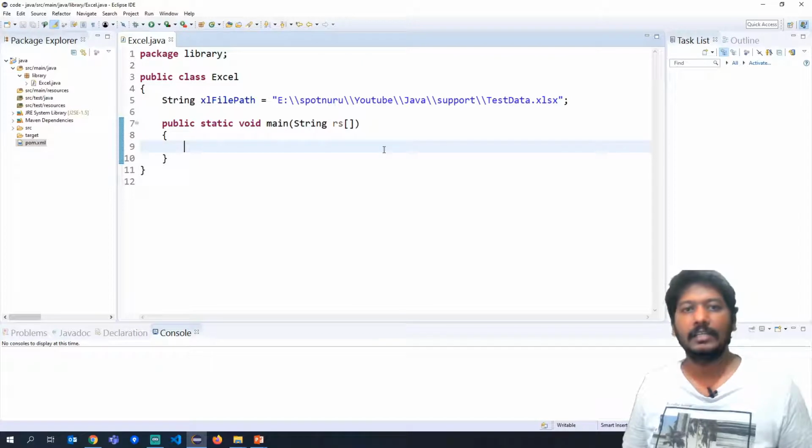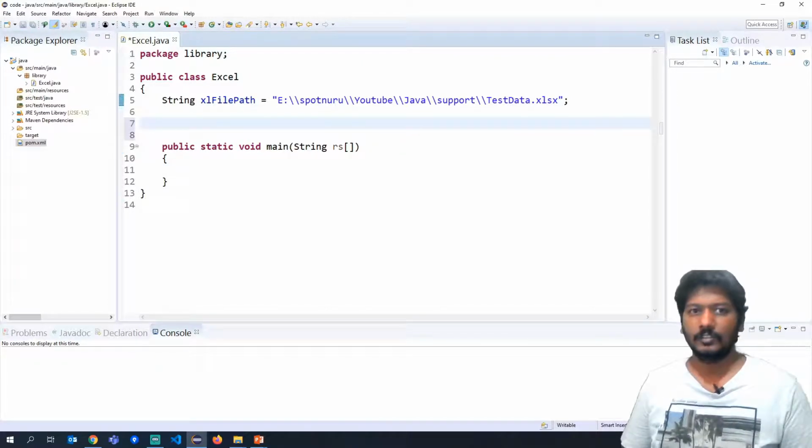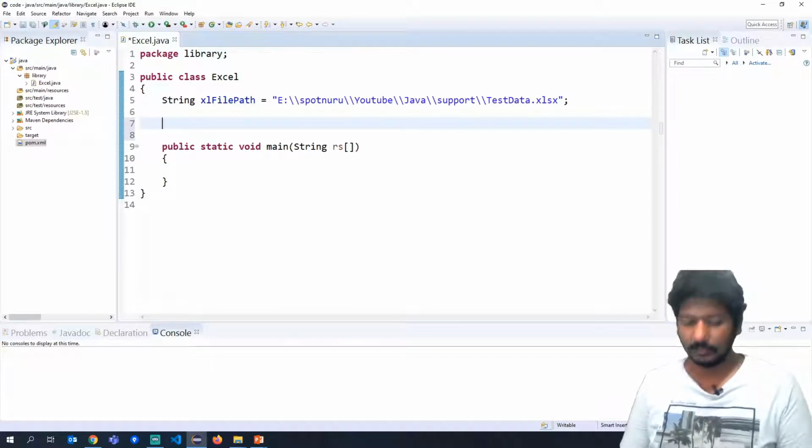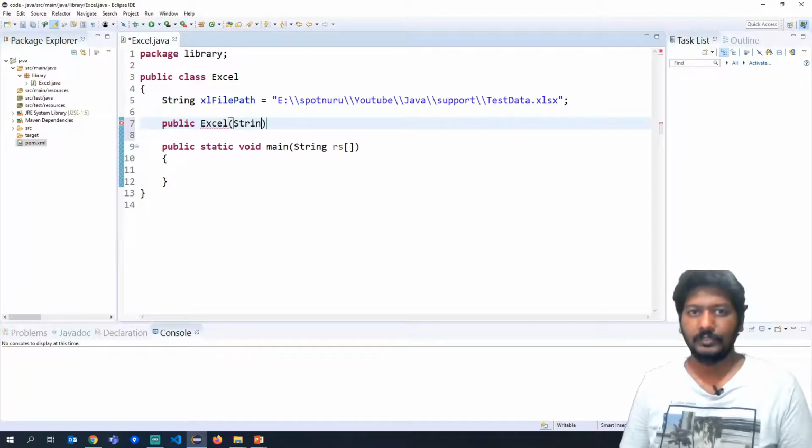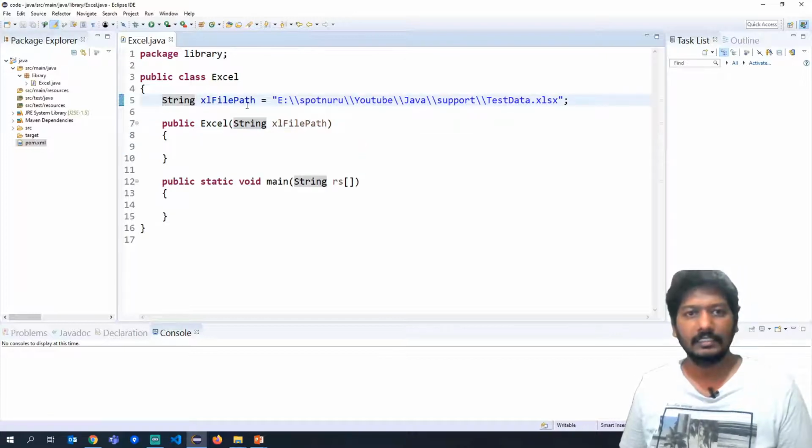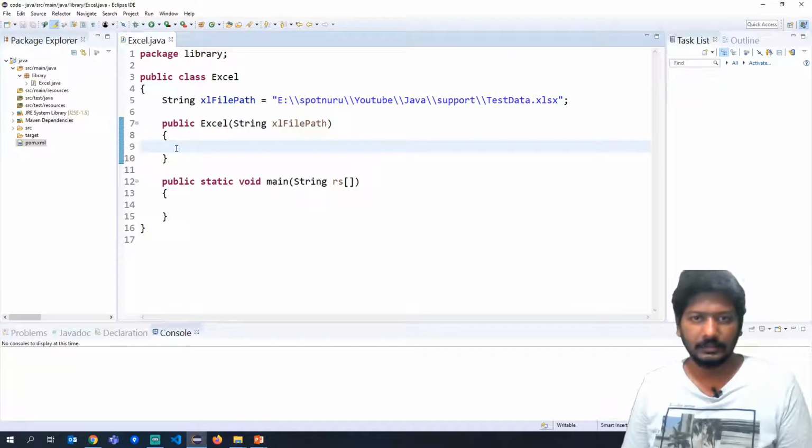First we need to create an object for workbook. So what we will do, we will create a constructor which will take file name as input. Ideally this Excel file path is supposed to be coming from outside, from where you actually use this Excel file. For now I am hard coding, but I will change it again. In this constructor we will create a workbook and then load the sheets and then interact with the sheets. We'll start working on that.